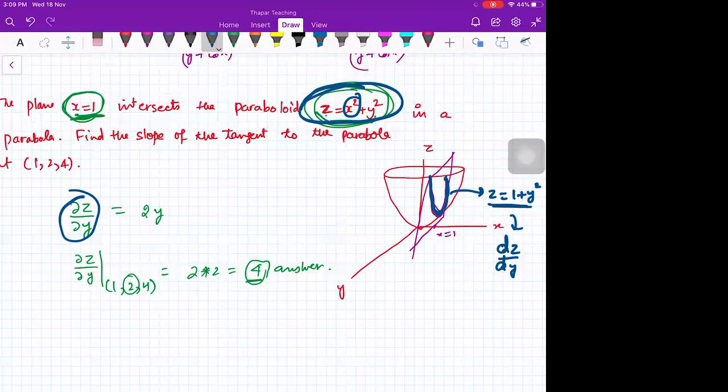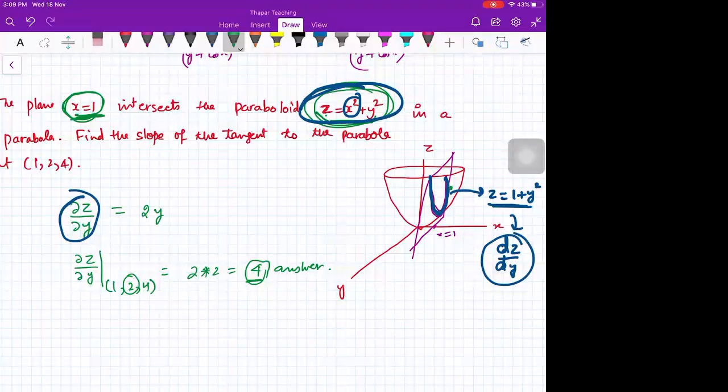Yes, ma'am. So this is a slope. Slope, the same thing which we generally talk about. Slope means tan of the angle which the tangent makes with the x-axis. Ma'am, please tell again the slope. Slope is the same definition, beta. Dz by dy is the slope, right?